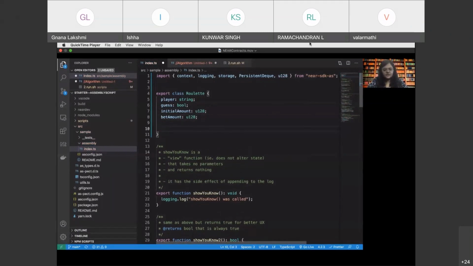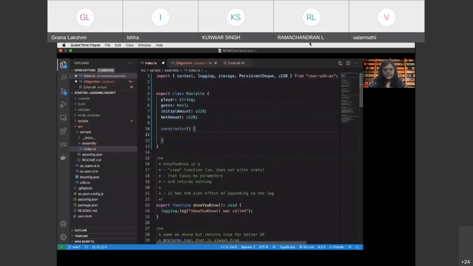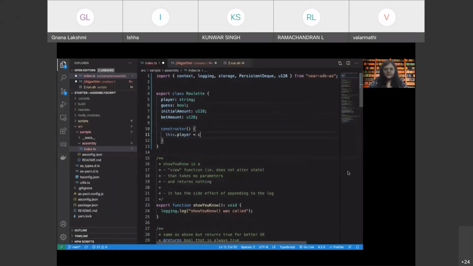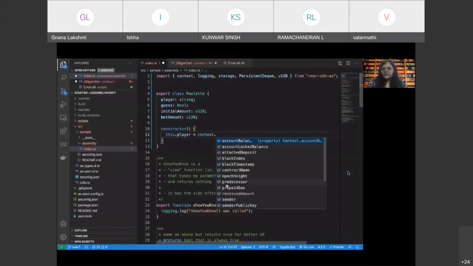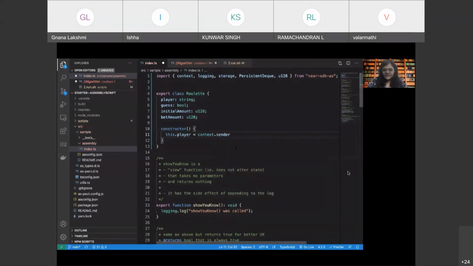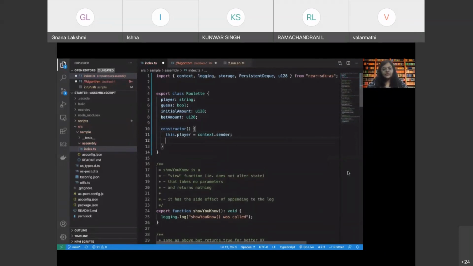So let us have a constructor where we are going to have this.player equal to, there is something called context, which can have the account of the sender. So let's say context.sender. This will store the player.